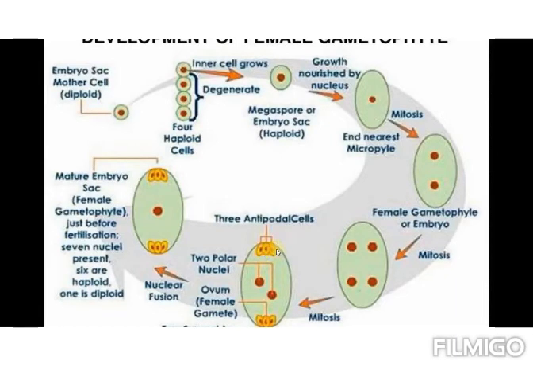Immediately after the karyokinesis, cytokinesis will take place, and the upper 3 cells are called the antipodals and downward it is called the egg apparatus. Here side ones are called the synergids and middle one is called the egg or the female gamete. So this 8 nucleated and 7 celled structure is called the female gametophyte.